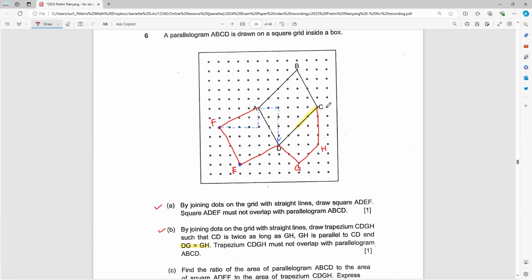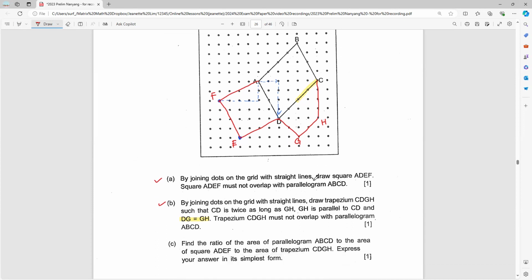Again, just check that the letters go in order. Then for part C, find the ratio of the area of parallelogram ABCD to the area of ADEF to the area of this trapezium. Express your answer in the simplest form. Okay, so before I find the ratio, let's find the area of each of the figures, each of the quadrilaterals. For the parallelogram,